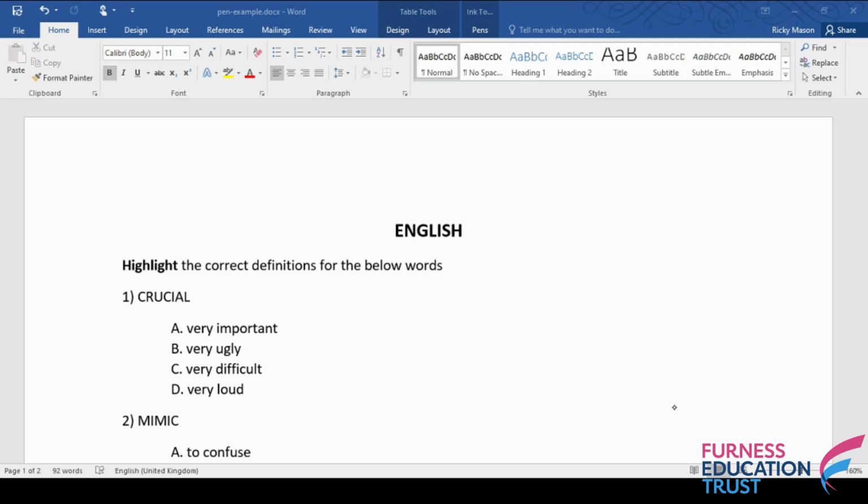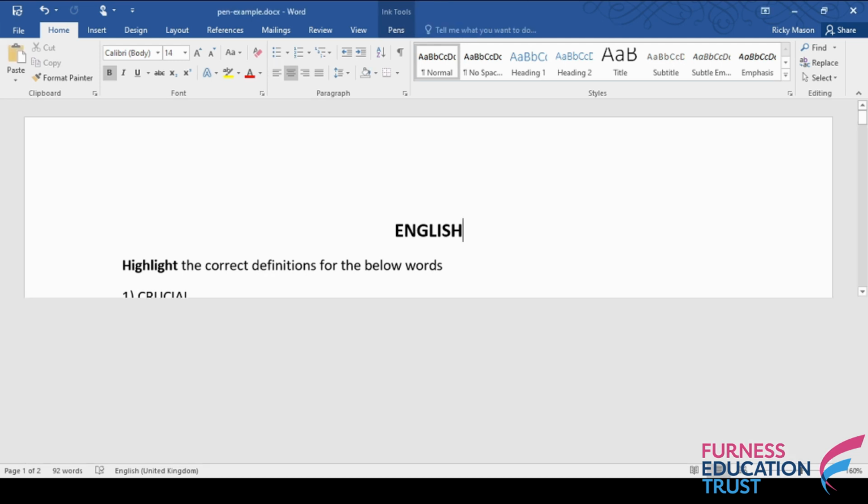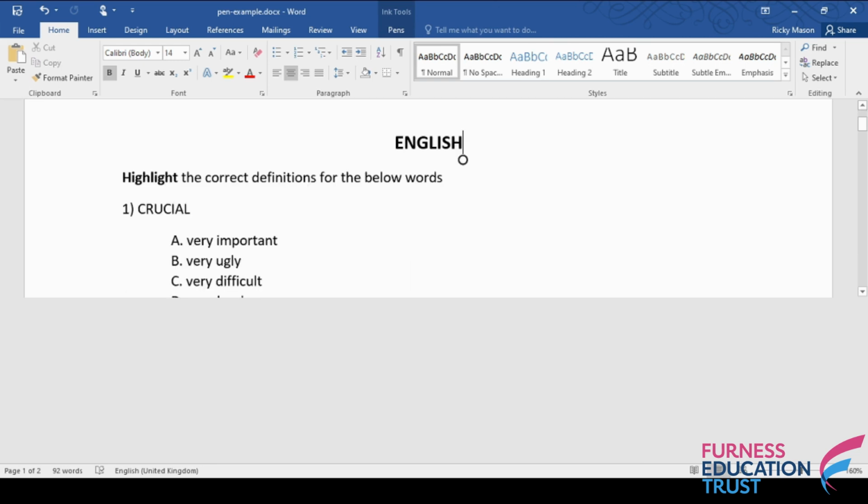Hello, this week we're going to look at the pen tool on Microsoft Word. I've just clicked on the top and you can see I can write directly in the box. So I'm just going to write English again just to show you how it appears. If I've made a mistake, I can scroll across and draw a line through it to remove that word. I can write as much or as little as I like in this box and it will appear directly in